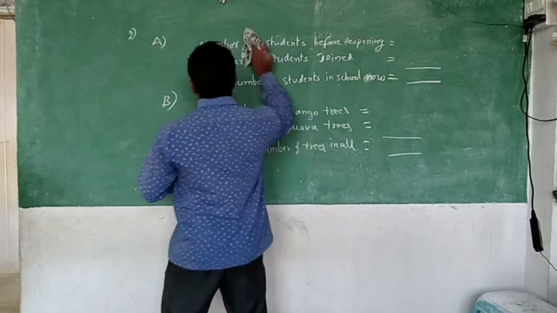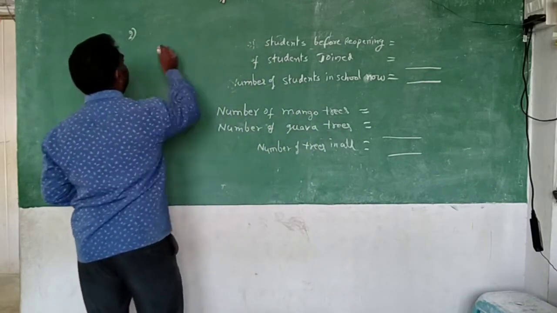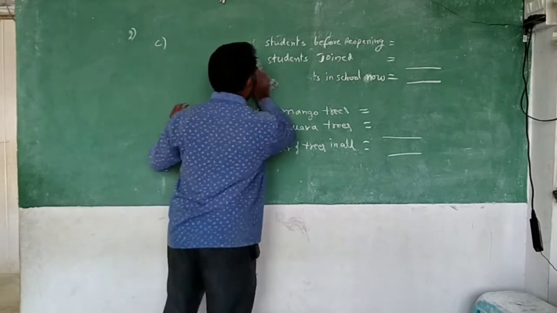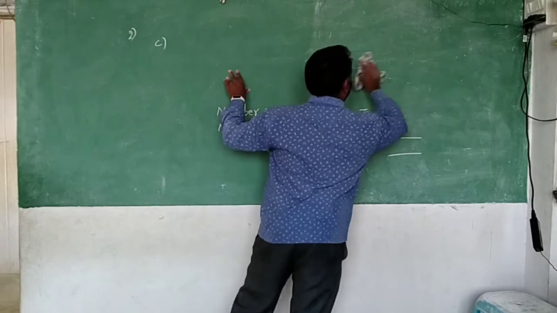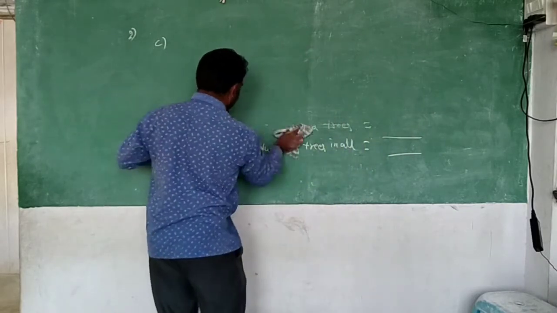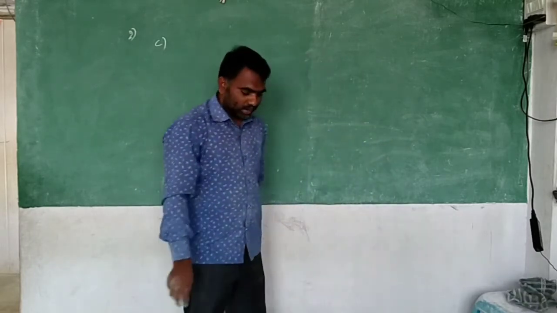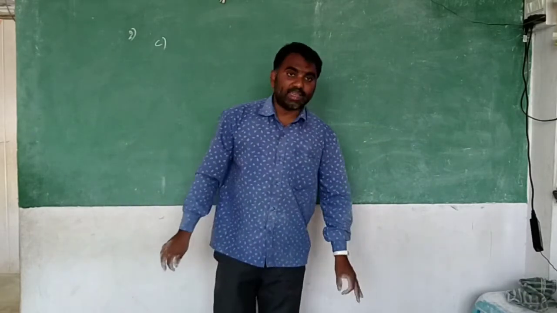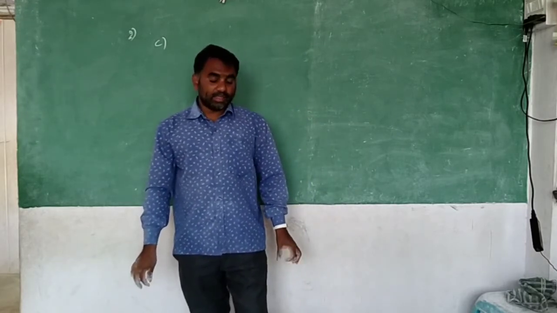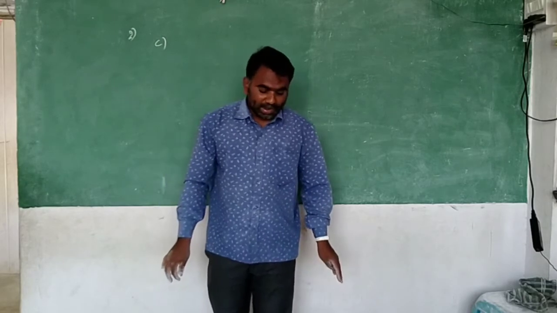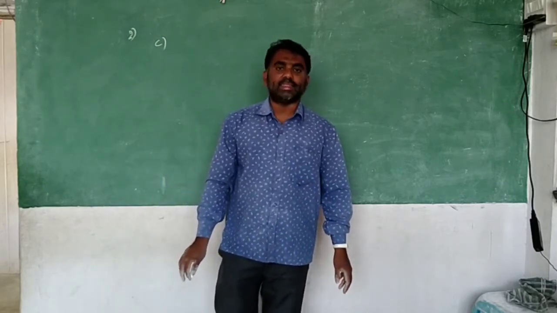Okay, I think you have completed. Now I am going to explain the C. There is a 3rd question. Okay, what is the C? Question number 3. I will read it. You try to understand. Rama's age is 37 years. Sita's age is 18 years more than Rama's age. What is Sita's age?